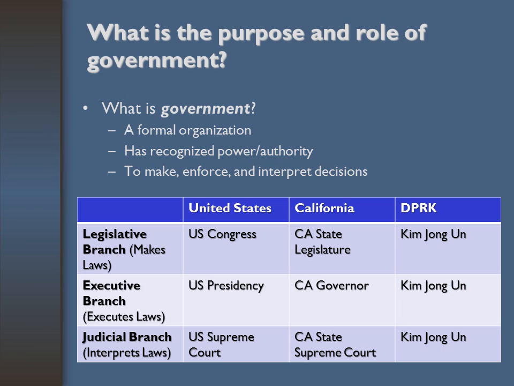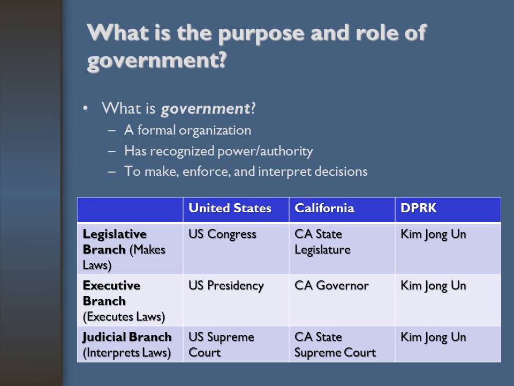And if you look at the state of California, California follows the exact same pattern, right? The branch that makes laws is the California State Legislature. The seat, of course, is in Sacramento. The executive branch in California is, of course, the governor. In this case, Governor Jerry Brown, currently. And the judicial branch are the state courts, but the highest court in the state would be the California State